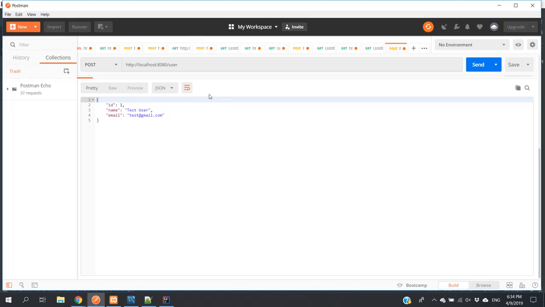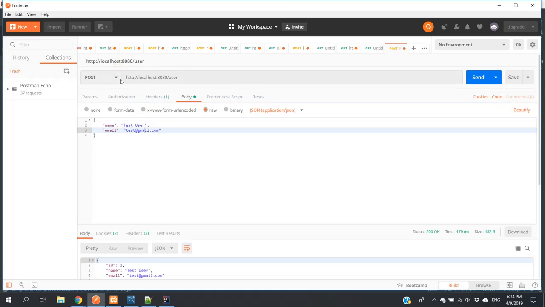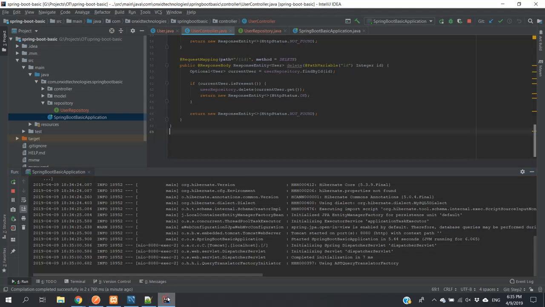We'll check the new endpoint that we have created, in this path slash user with a GET request. It should return all the users that we have created. It is an empty array. Why is it an empty array? We created one user, but it returns an empty array because